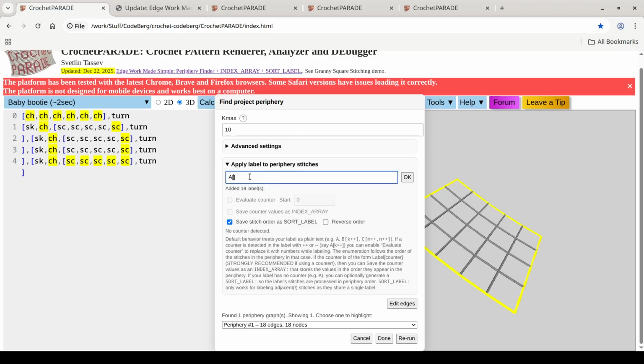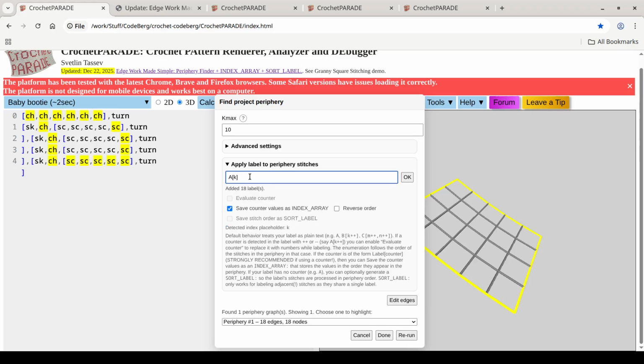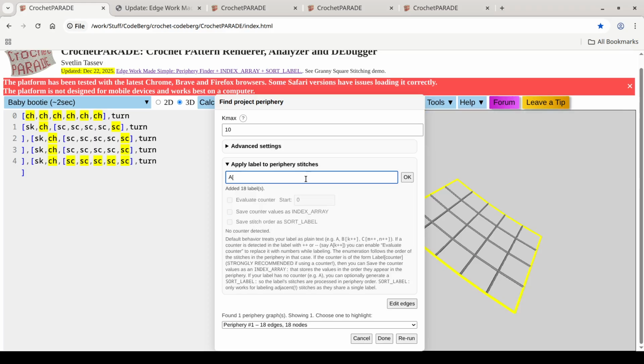Well, you can use a counter label. Now, here, so far, as you can see, these stitches are sequential. There is just a single run of adjacent stitches, you're done. So you could use a simple label like that, because simple labels are constrained to label groups that are single runs of adjacent stitches. If your border is more complicated,